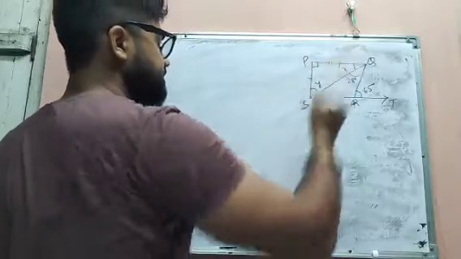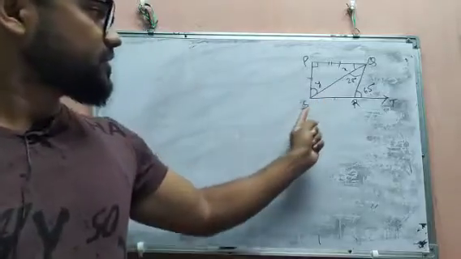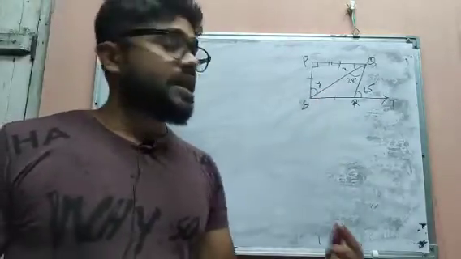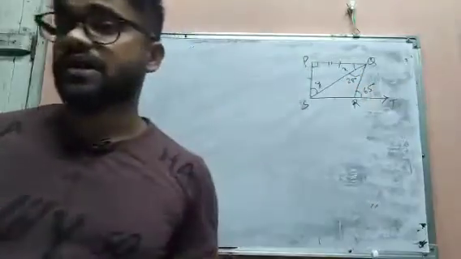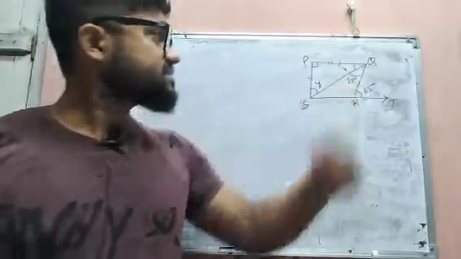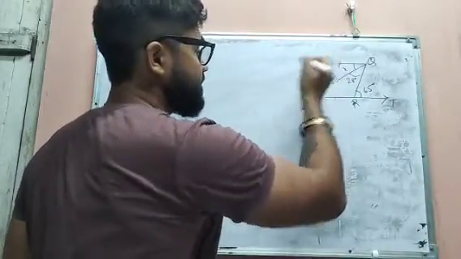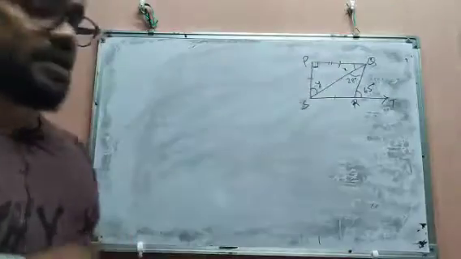Now we are asked to find what? We are given two angles. Angle SQR is given as 28 degrees, and angle QRT is also given, and we are asked to find angle X and angle Y. Clearly, this is perpendicular, so this angle is 90 degrees. So we already have one angle value. Now we need to find X and Y.